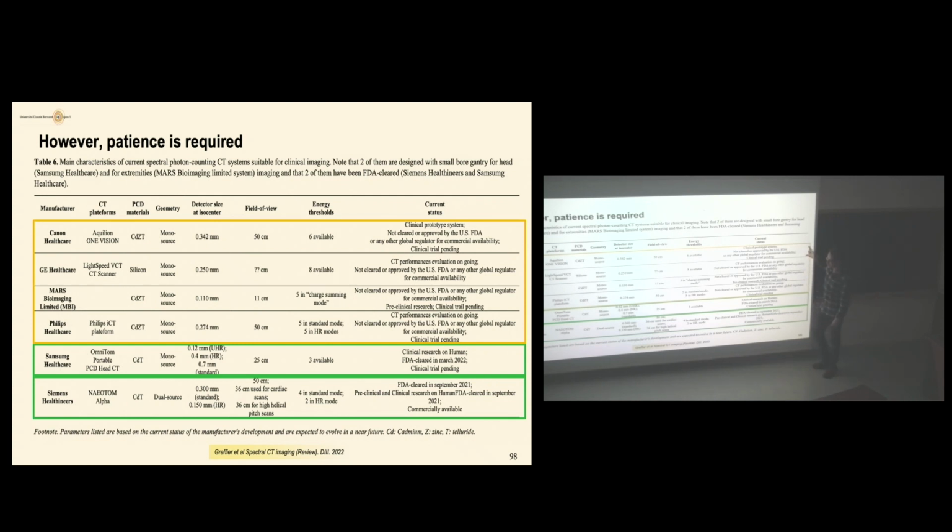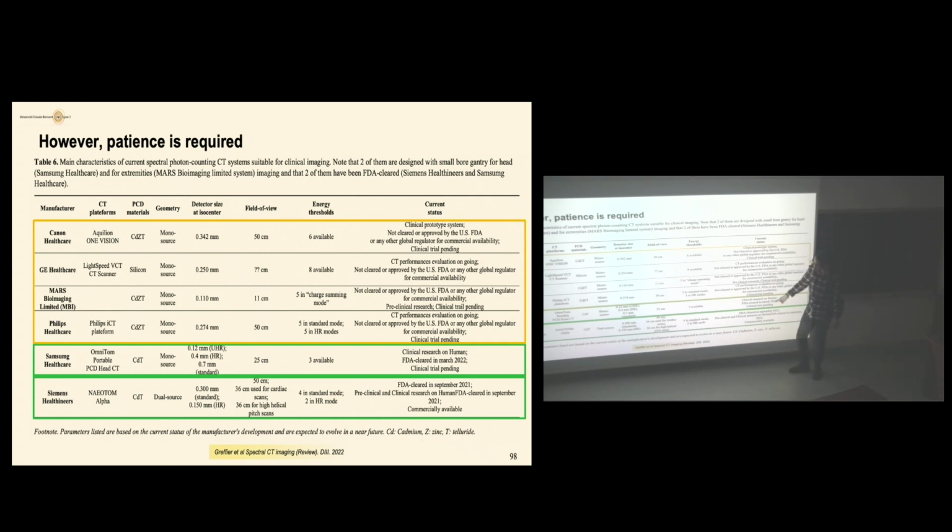You know, frustration is somehow creating desire. That's why I'm saying that, because currently, in terms of spectral photon-counting, you still need to be patient. For K-edge imaging, you need to be patient because Philips has pioneered this development, which is what we are doing with them. Philips is still in the box of clinical prototypes, so it's not now. It's not FDA approved. MARS is not FDA approved, and it has a small collimation.